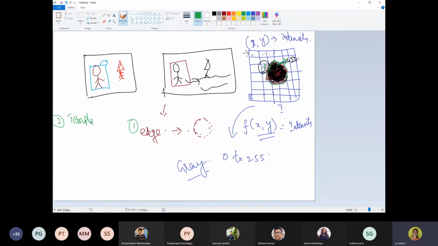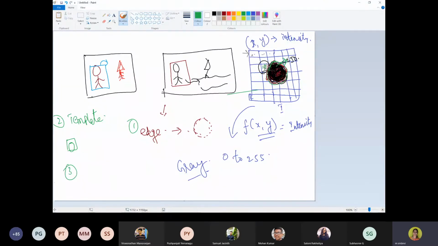In the case of template, you will specify a template and that template will be compared with your image, and from that template you will start searching for it. So the template is a sub image or a sub portion or a sub window, you can say. This template will be compared based on the similarity. If this object and this object are similar, then you can say these two are matching, and based on that you can further track the corresponding object.